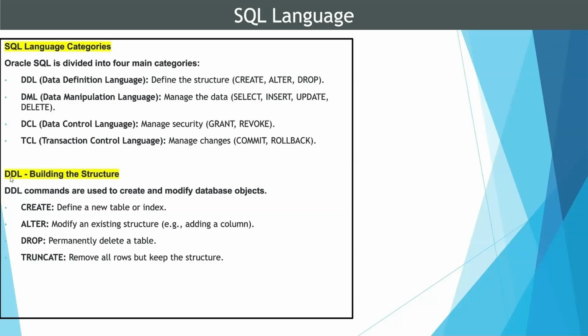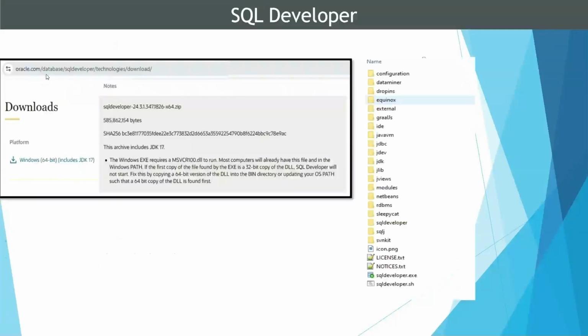Another is DDL, it's for building the structure. DDL commands are used to create and modify database objects. Create is used to define a new table or index. Alter modifies an existing structure, for example adding a column. Drop is used to permanently delete a table. Truncate removes all rows but keeps the structure. Okay, in the next slide,